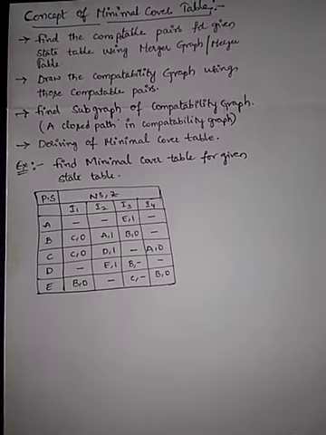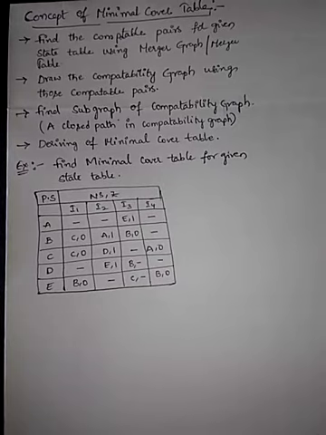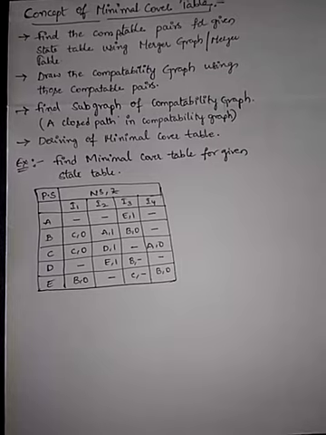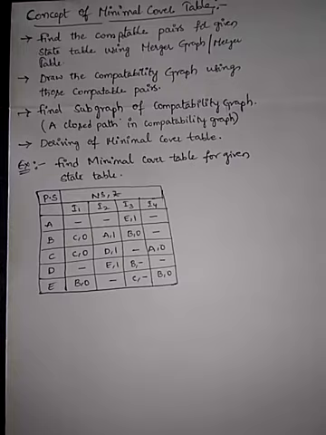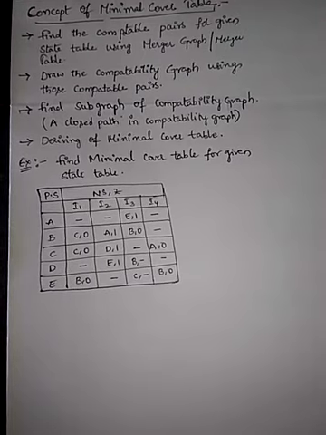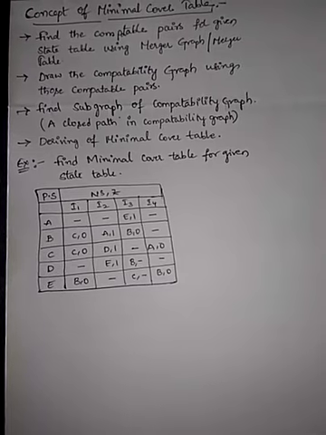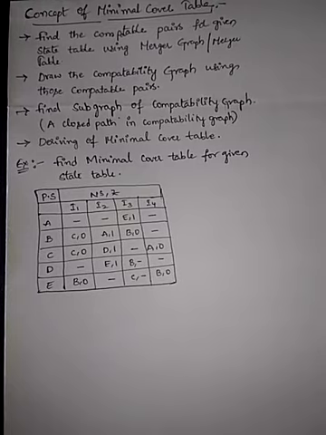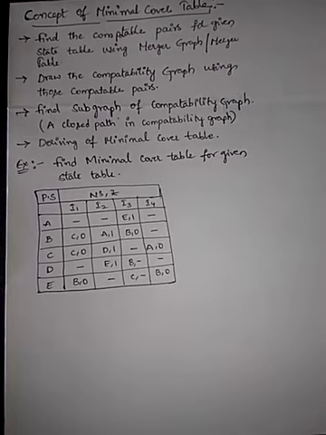That means if A is compatible with B, A comma B is one pair. If A is compatible with C, A comma C is one pair. Like that, you need to list out the pairs. That's it. Don't go with the higher order polygon in the case of merger graph, or column E, column D, likewise. In merger graph, the higher order polygon concept belongs to finding the maximal compatibilities, whereas in merger table, column E, column D, column C, likewise, this process is for finding the maximal compatibilities.